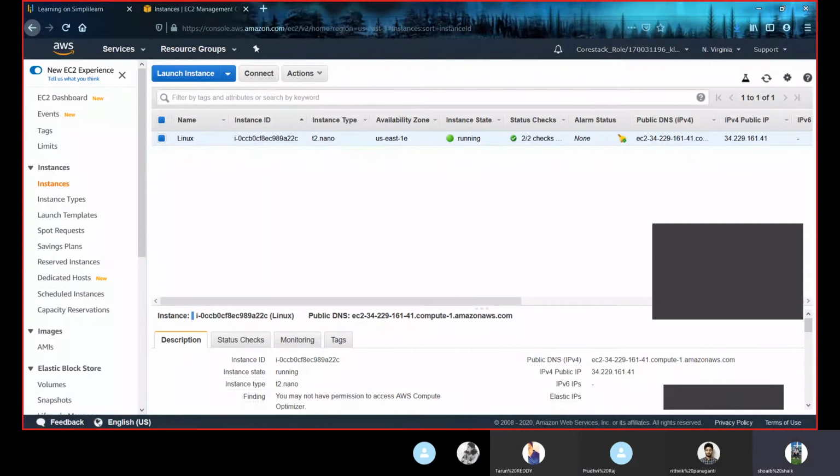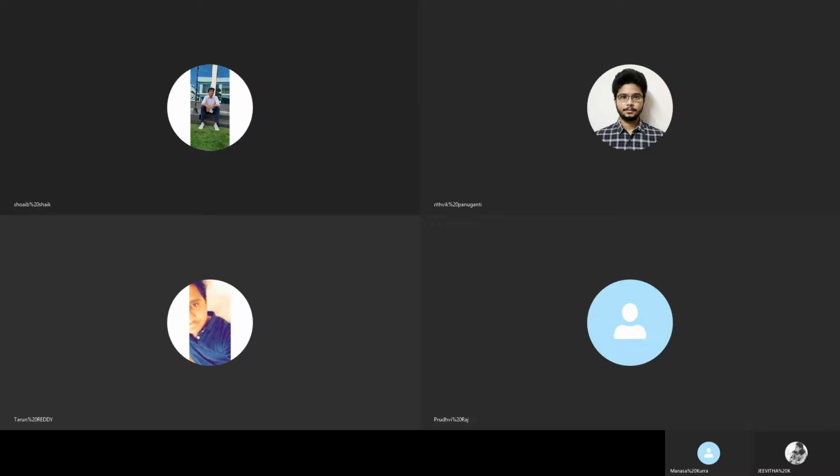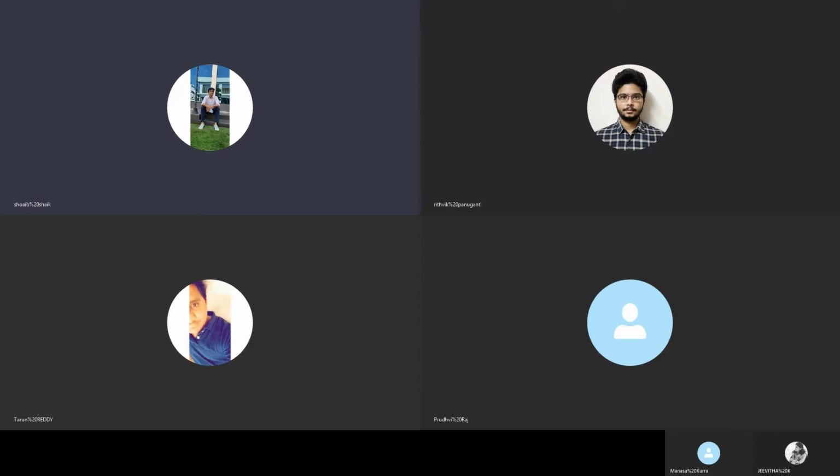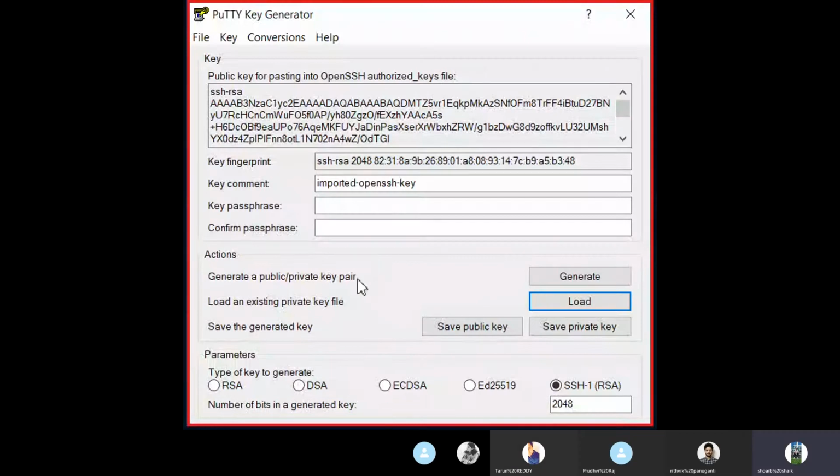Yeah, now stop share. You'll get a message like this. Click on OK. Then in PuTTY generator, now here we have loaded the path of our key pair.